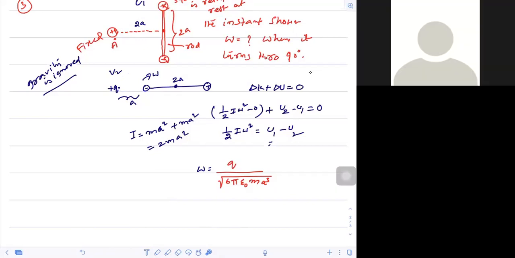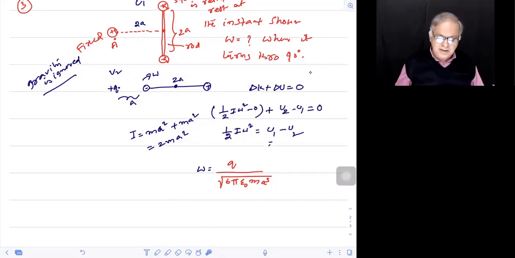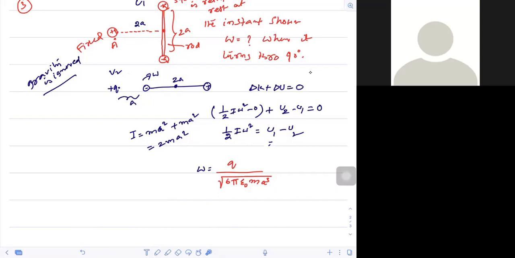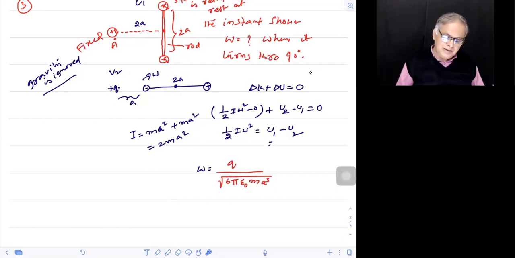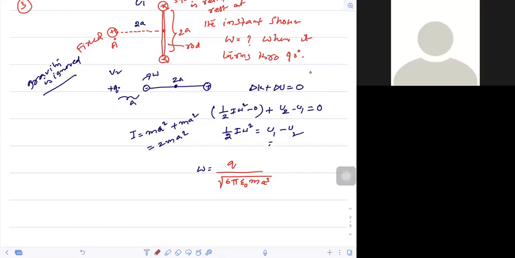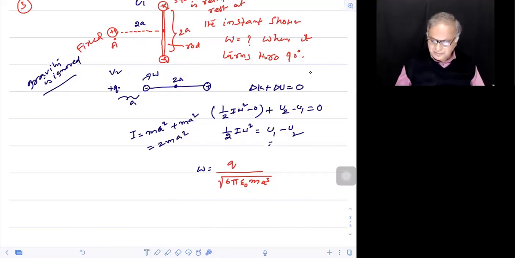U1 like that will get 0. Like that U1 we will get 0, sir. 0. Why? Because the distance is same here for this, isn't it so? Yes. So are you getting this answer finally? Have to check.